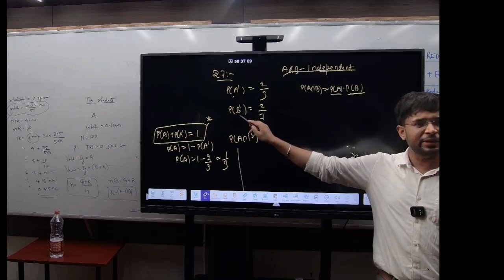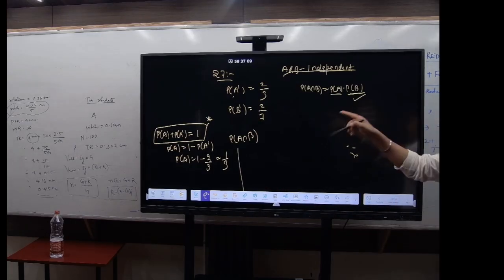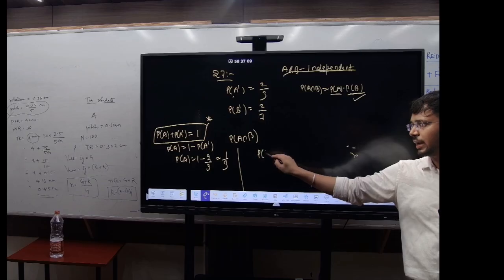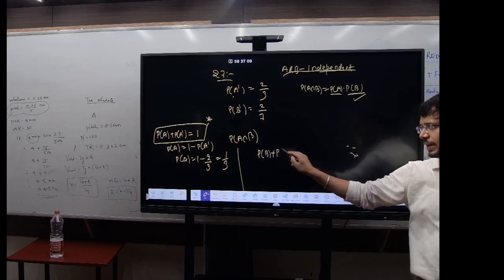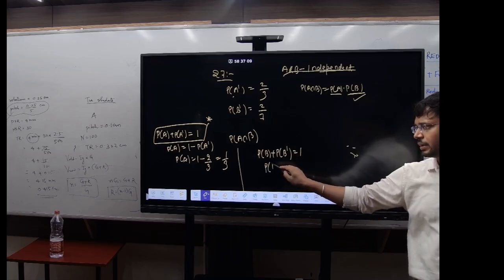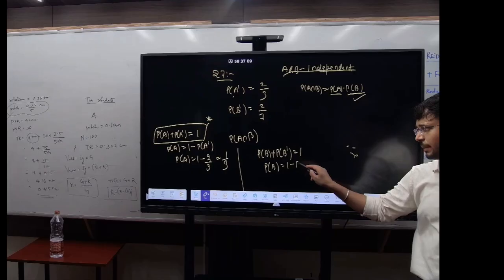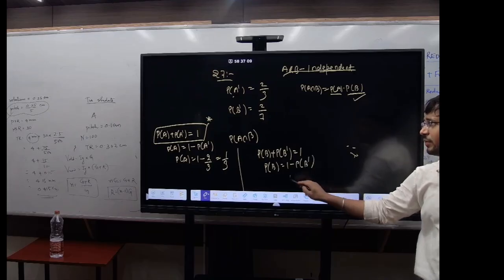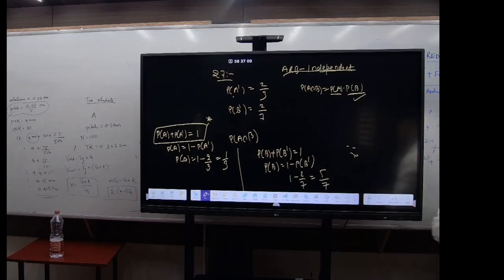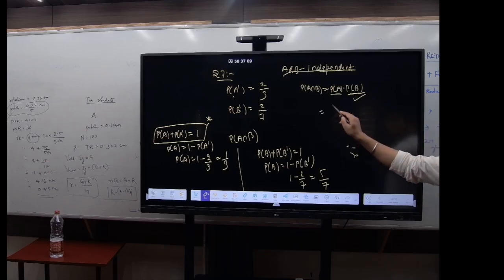Similarly, P of B we have to find. But what is given? B dash. So can I say here, again P of B plus P of B dash will be equal to 1. I have to find P of B. It will be equal to 1 minus P of B dash. So again 1 minus 2 by 7 is 5 by 7. So I got P of A by P of B. Now put the value there. So 1 by 3 into 5 by 7. It is